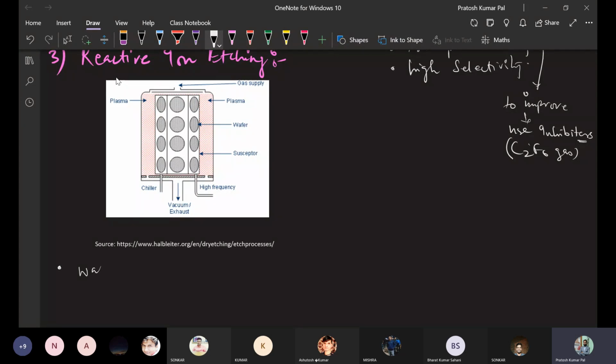Here the wafer is placed at the cathode side or cathode electrode. So there are two electrodes, anode and cathode. In the first case, ion beam type of etching, the wafers are placed at the anode. Here the wafers will be placed at the cathode. Okay,